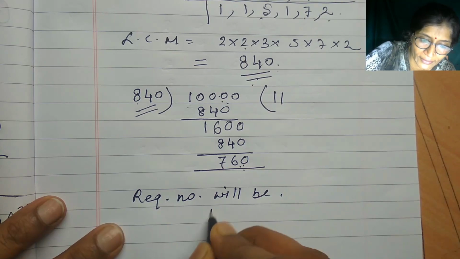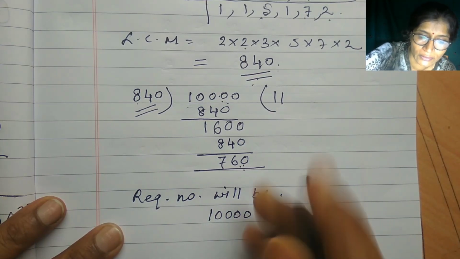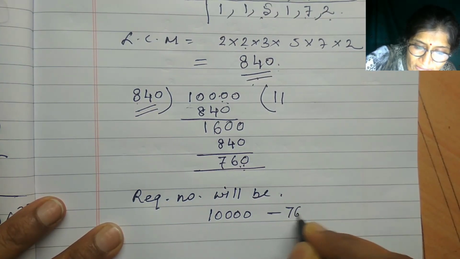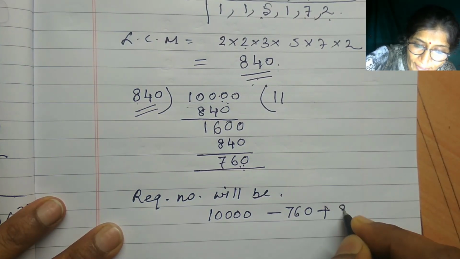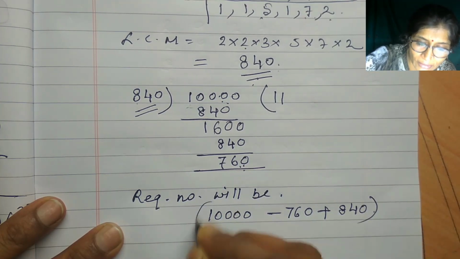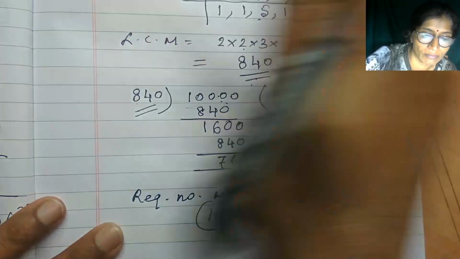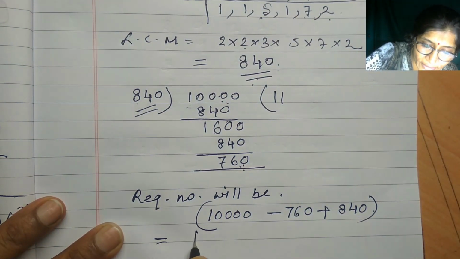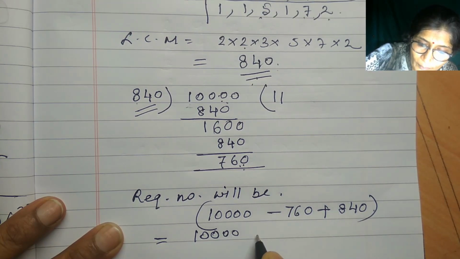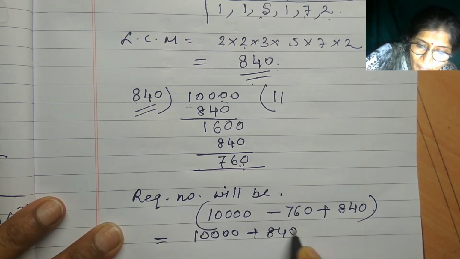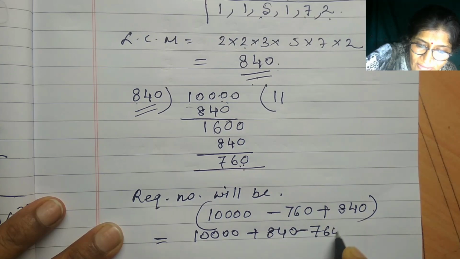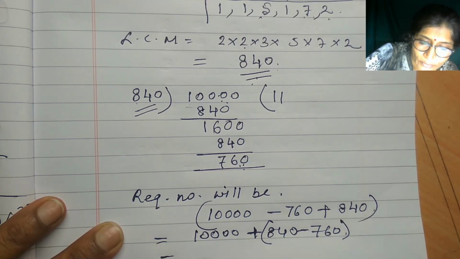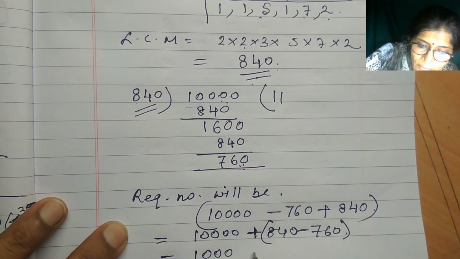So I can write here this 1 2 3 1 2 3 4, this minus, if I do 760 plus 840, then this number is divisible by these numbers. Either you write it in this way, or you can write this plus 840 minus 760. First do this part, and then you can also do the other. So that is equal to this plus